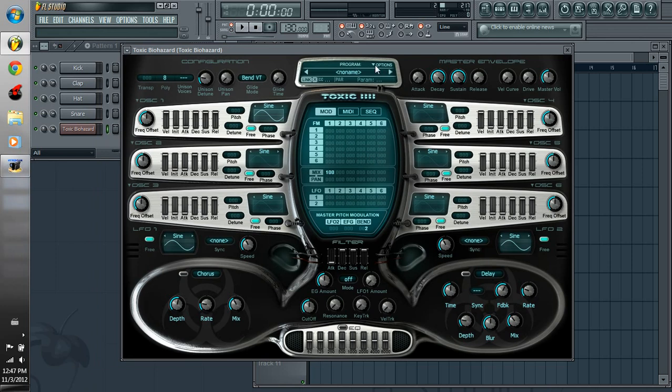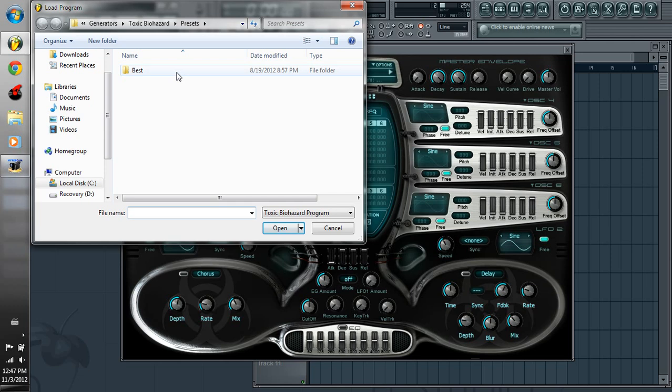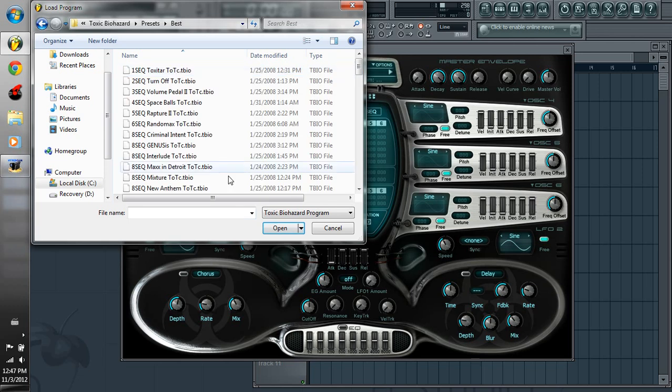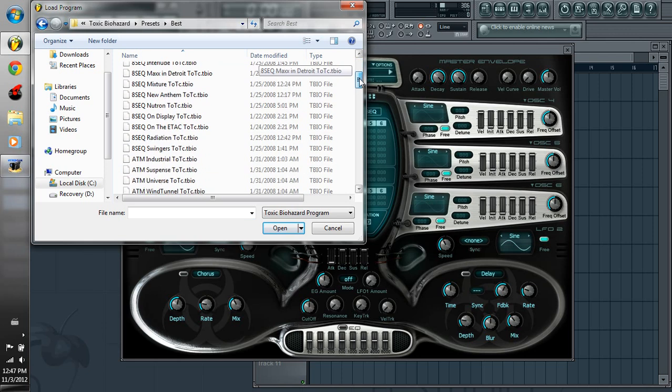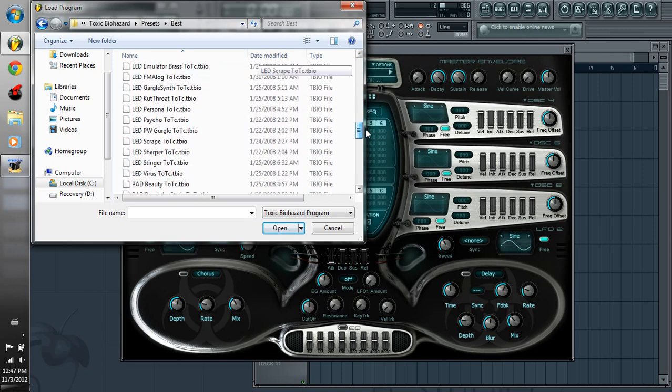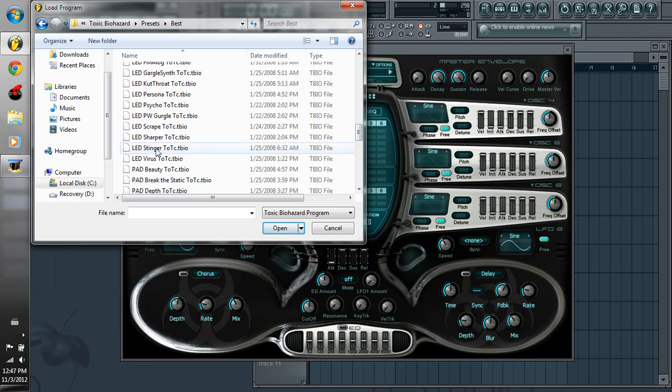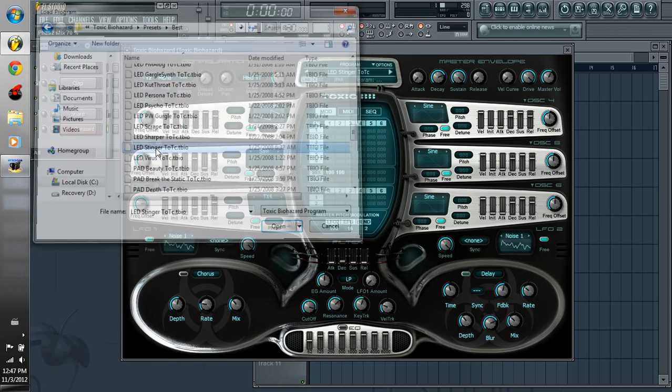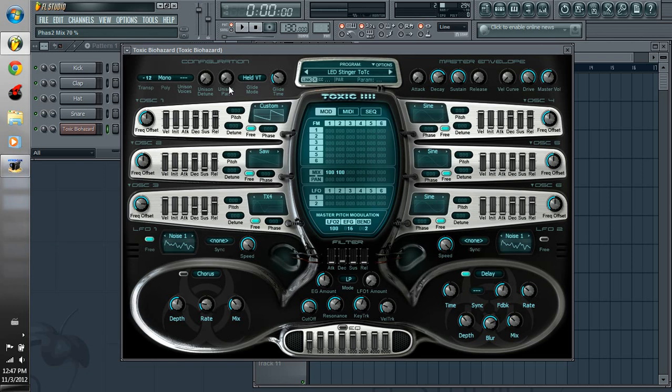If you bought FL Studio, then Toxic Biohazard comes with some presets already loaded, and you basically go to options, load preset, and go into here, and we're looking for LED stinger. Alright, so that's the noise that we have,